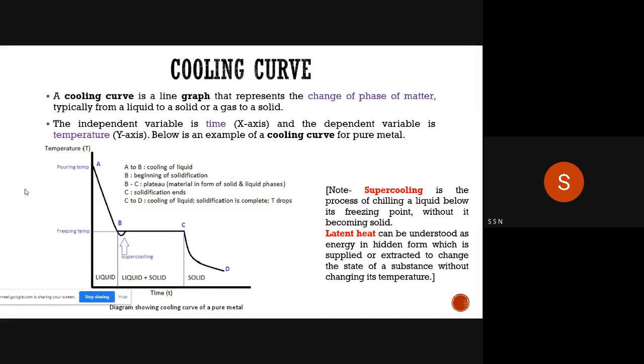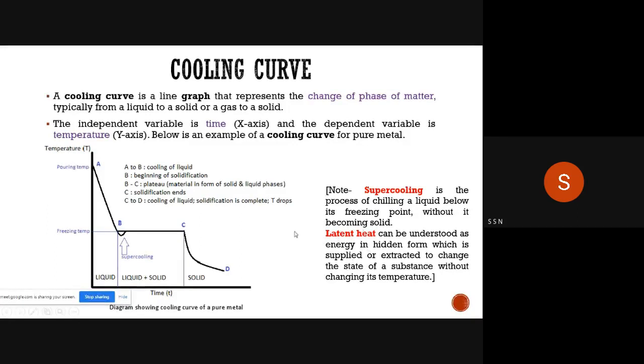But at constant temperature, at that freezing temperature from B to C point, you can observe there is certain time period. At that time period, two phases are there, liquid plus solid. In that diagram I have written liquid plus solid. So there, from point B to C, two phases are there, liquid plus solid phase, and at constant temperature it is. So there, some amount of heat is there. That heat we are calling it as a latent heat. You may have studied this term latent heat. For your just revision or understanding, I have written here definition of that latent heat.